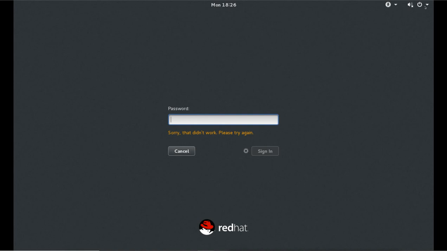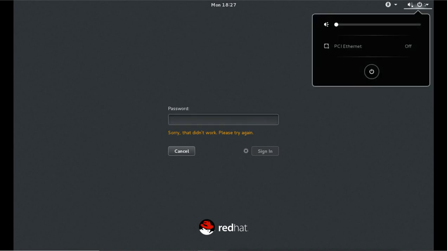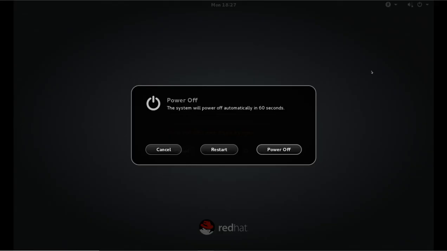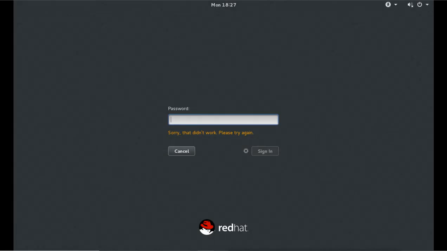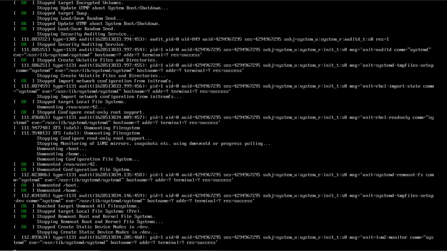Remember, I have told you that we can change the parameters at boot time. So when our system is booting, we can change the parameters of the kernel. So we reboot the system, and when it is booting, it will ask for the kernel.